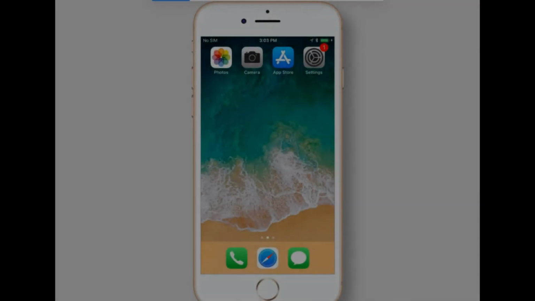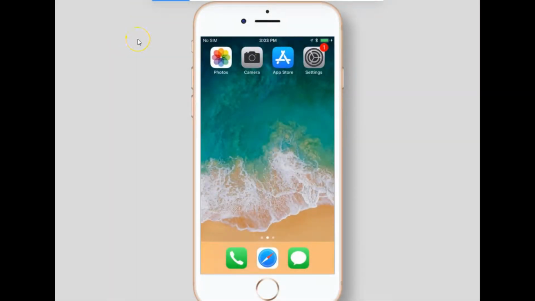Hey everybody, this is Eric, and today I'm going to show you how to set up a remote app connection on your iPhone or iPad device. If you watch the video on doing this on an Android, it's pretty much the same process, so we'll go ahead and get started. First thing you want to do is go into your App Store,